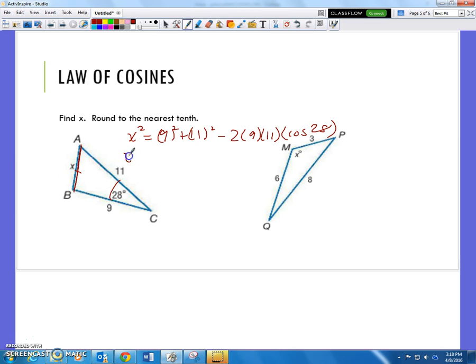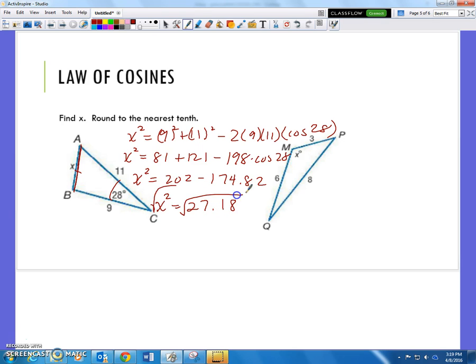Okay. So x squared equals 81 plus 121 minus 198 times the cosine of 28. And I'm going to continue to simplify. X squared equals 202 minus 198 times the cosine of 28, 174.82, and then I subtract finally. X squared equals 27.18,